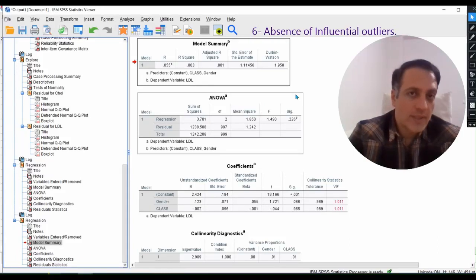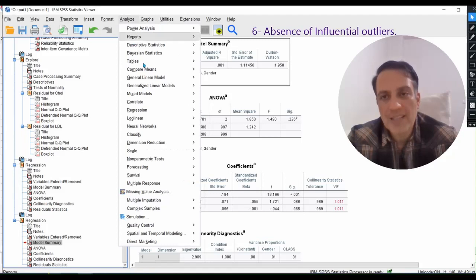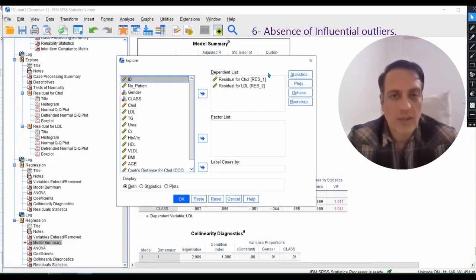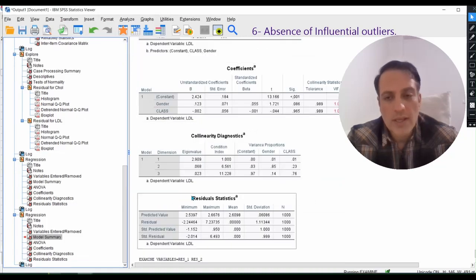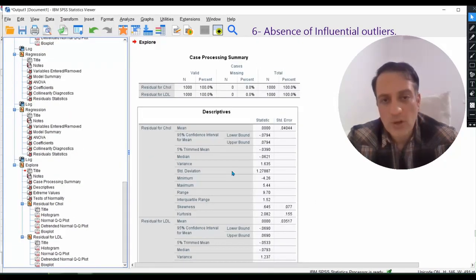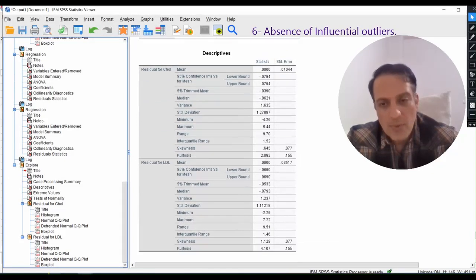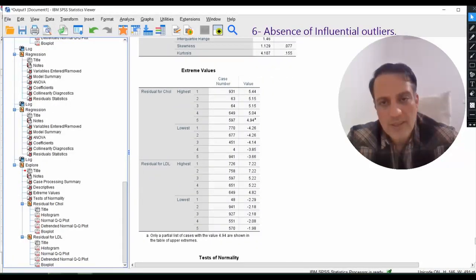The sixth assumption is about the absence of influential outliers. To check this, you need to go to Analyze, Descriptive Statistics, click on Explore, click on Statistics, and click on Outliers to report residuals that are outliers. Now we see that here there are some tables, but in the extreme values tables we see